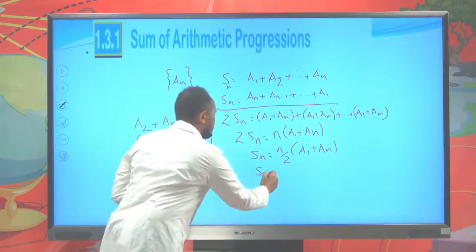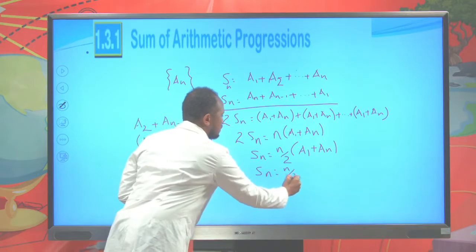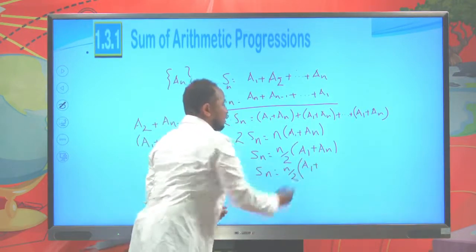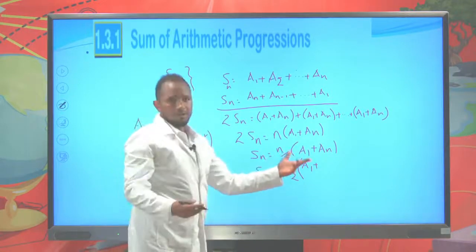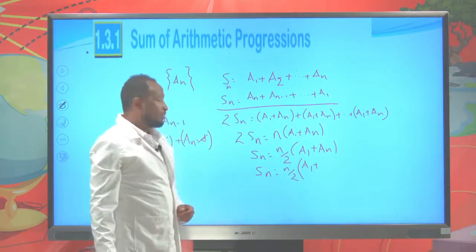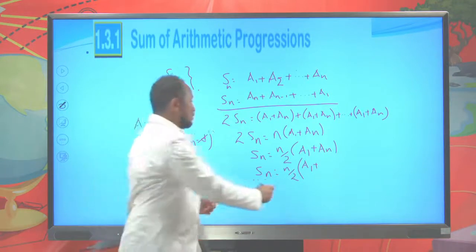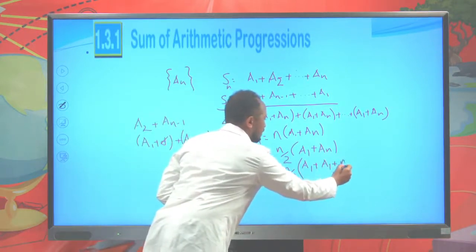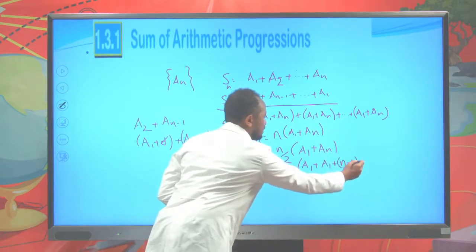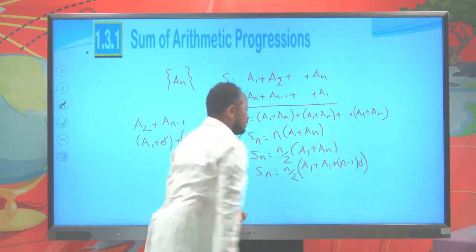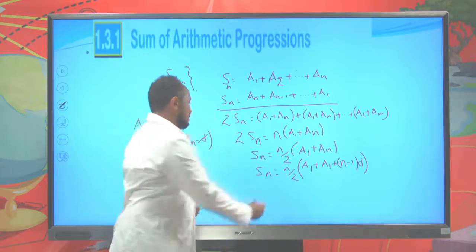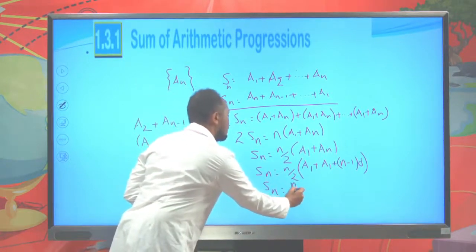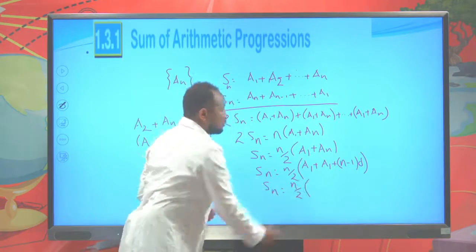Sn is equal to n over 2 into a1 plus... I hope you remember the general term: an is equal to a1 plus n minus 1 times the difference. So the nth term is equal to this a1 plus n minus 1 times the common difference. Therefore, Sn, the sum of n terms of an arithmetic progression, is given by n over 2 into